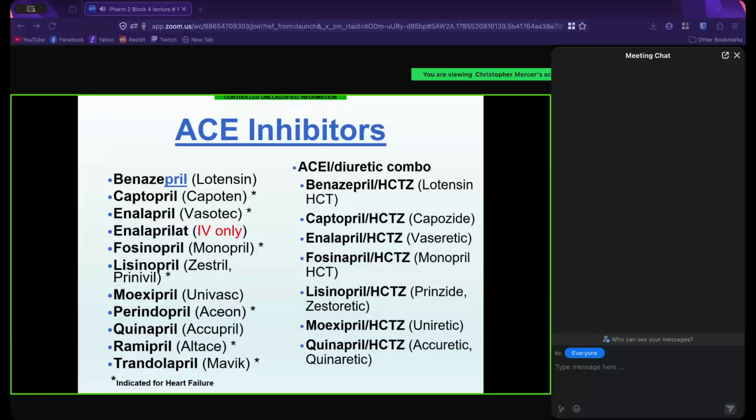Now we're to one of our big guns, right? ACE inhibitors. That's all we're talking about for diuretics for hypertension. Except for the fact, if you look at the right column with our ACE inhibitors, ACTZ with all of our ACEs. What does that mean? It's just a combo pill. ACE inhibitors with hydrochlorothiazide. Because those two drugs play well together, and they're indicated for so many of our patients,